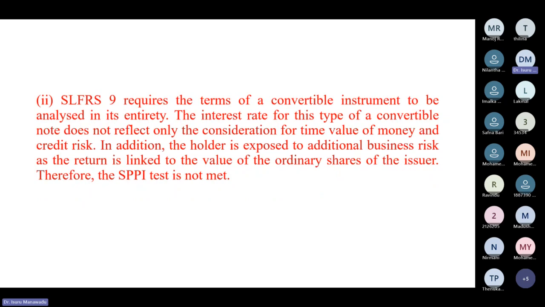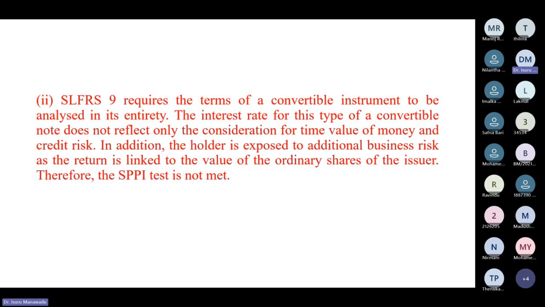This is the second one. Convertible option. A convertible instrument needs to be analyzed, and its entire period needs to be taken into consideration. Convertible instruments have both components, not only a liability component, but also an equity component. Actually, that has been explained as per LKAS 32. These are called compound instruments. I hope you can remember that.